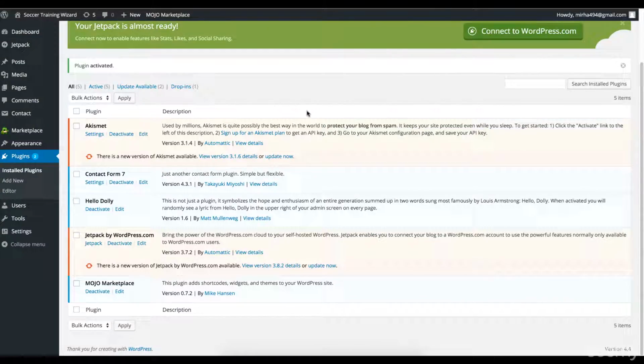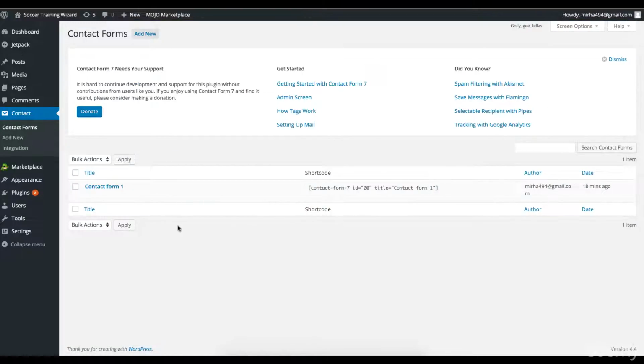Before you can use the Contact Form 7 plugin, we always need to start by looking at the settings. So if I click on the settings of this plugin, I'm gonna be taken to another page, and in most cases each plugin has a specific short code. In this case, the short code for Contact Form 1, which is automatically generated by the Contact Form 7 plugin, is the one you see below. So make sure you copy and paste this code and